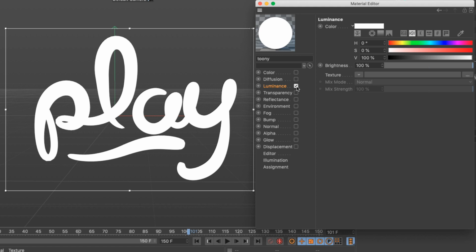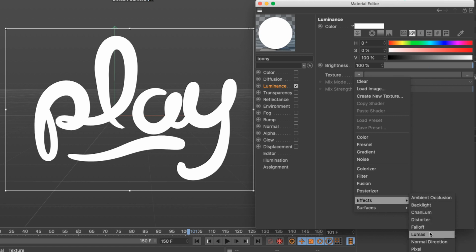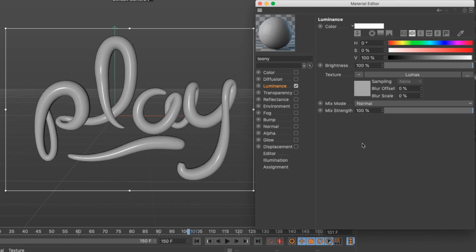And now I want to control this flat shading using lights. Go to the texture right here, click on this little arrow, go down and bring up from the effects the Lumas shader. Now again, it's going to look like a shiny cream or something like that. The Lumas shader is a very powerful shader, and don't ask too many details here.